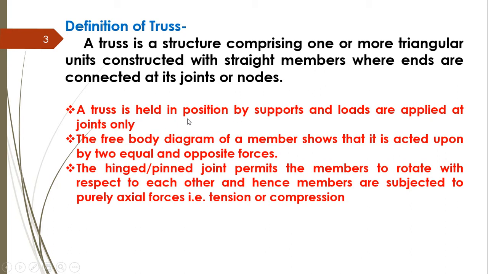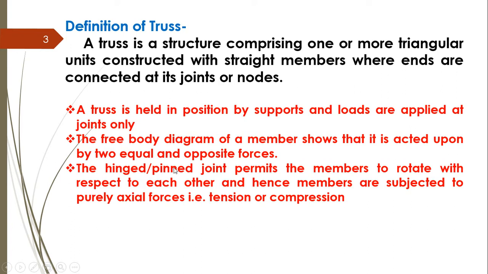A truss is held in position by supports and loads are applied at the joints only. Whenever we are considering a truss and a load is applied to it, always the load or the supports are applied at the joints or at the node points of the truss. The free body diagram of a member shows that it is acted upon by two equal and opposite forces. Whenever we detach the figure from the surrounding to plot the free body diagram for the trusses, every member is acted upon by two equal and opposite forces,